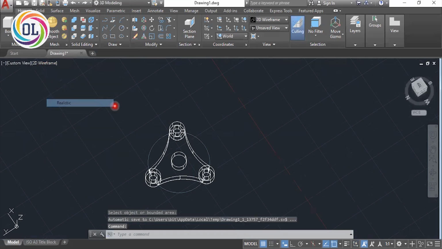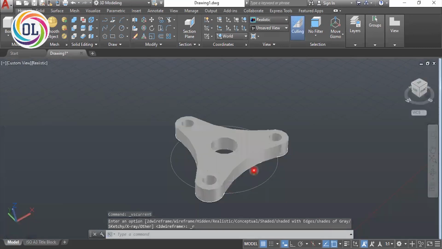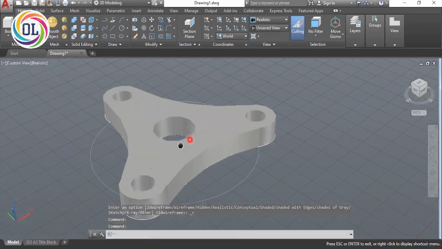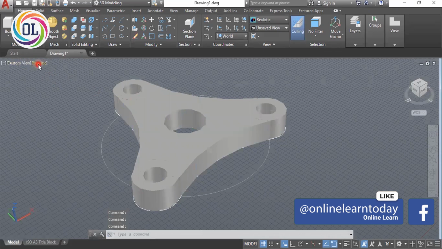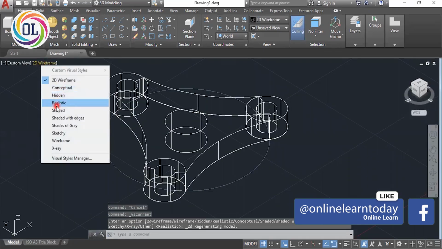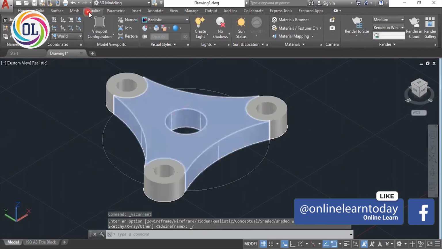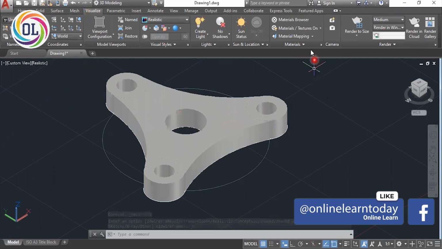Here we have the option for realistic display. AutoCAD has different types of visual styles available. For 2D drafting we use 2D wireframe, and after that we can also use the realistic view. For better visualization, we can also give a material to these objects.